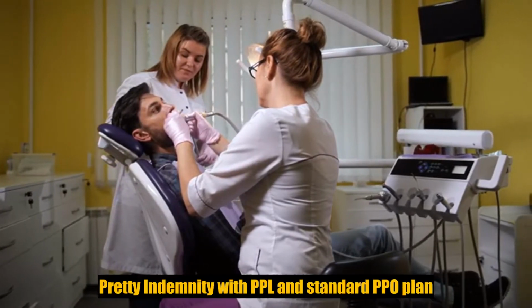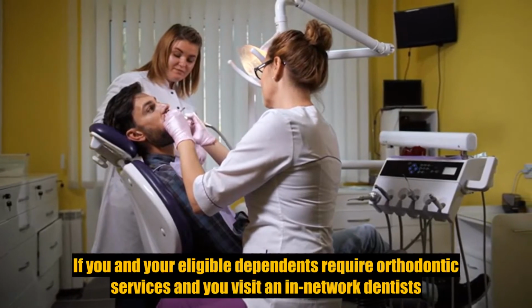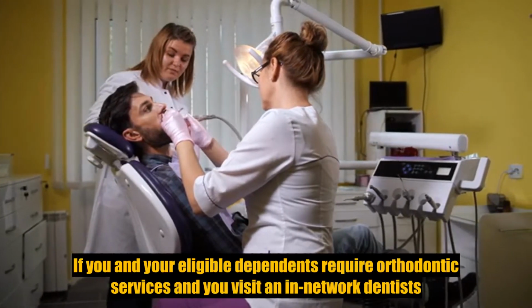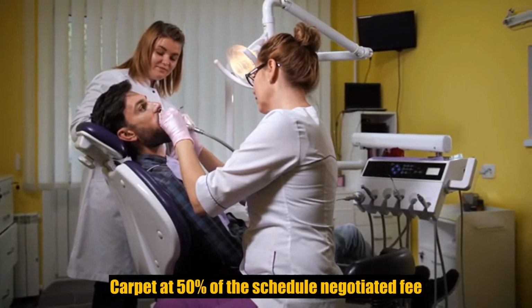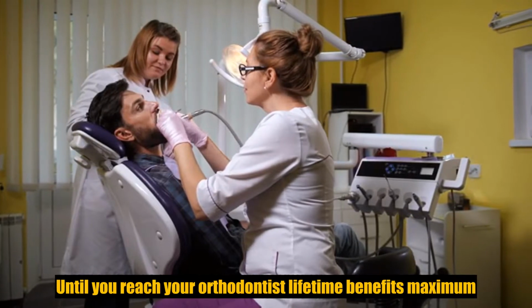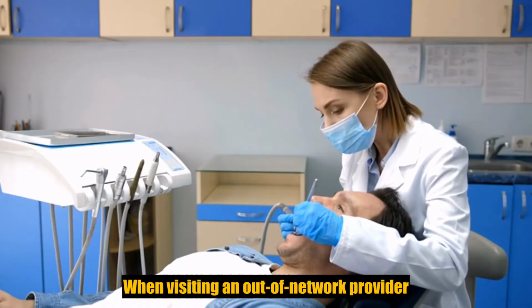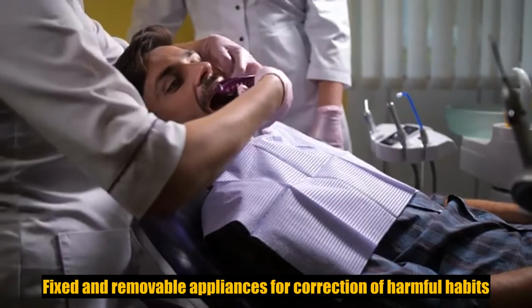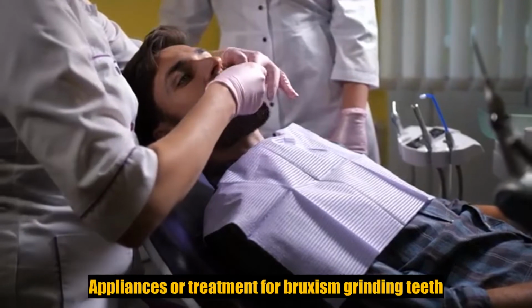Orthodontia. For the indemnity with PPO and standard PPO plan, if you and your eligible dependents require orthodontia services and you visit an in-network dentist, you are covered at 50% of the scheduled negotiated fee until you have reached your orthodontia lifetime benefits maximum. When visiting an out-of-network provider, fixed and removable appliances for correction of harmful habits, appliances or